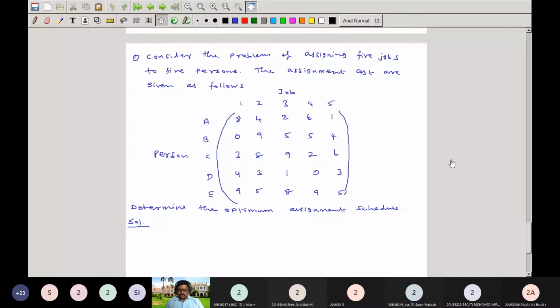So now we solve one example problem on how to solve an assignment problem. First we see the example. The given rows or columns